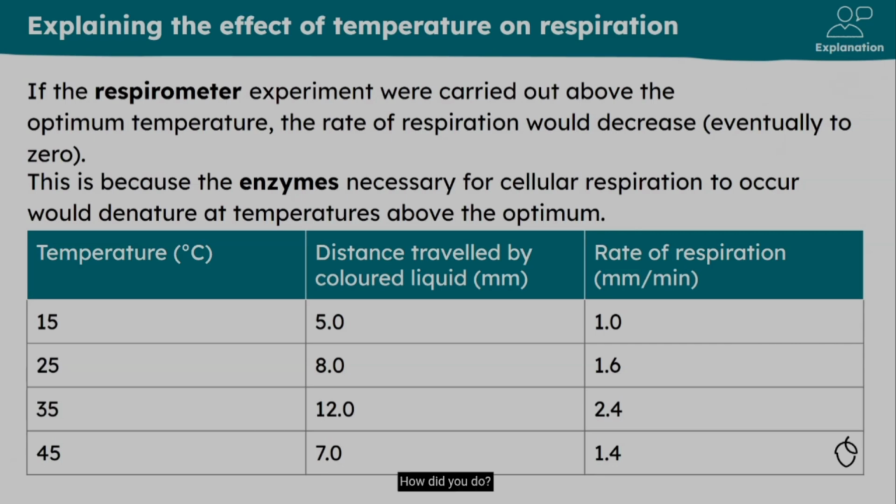How did you do? You could have said something like, as the temperature increases, the rate of respiration increases. This is until 35 degrees Celsius. After 35 degrees Celsius, as the temperature increases to 45 degrees, the rate of respiration decreases. There weren't any specific patterns in this data, such as doubling or halving or tripling. There isn't always a pattern like this, but it is still good practice to check to see if there is